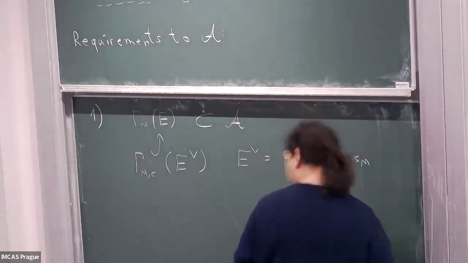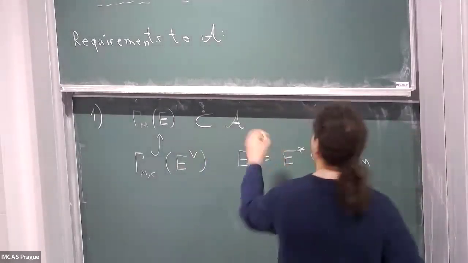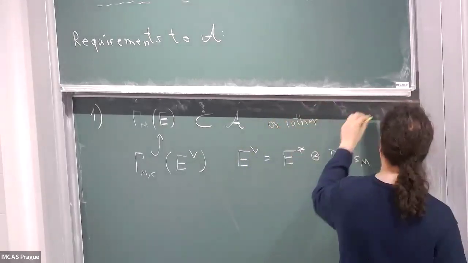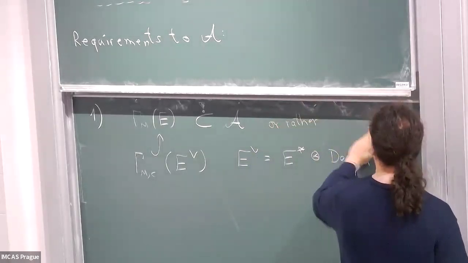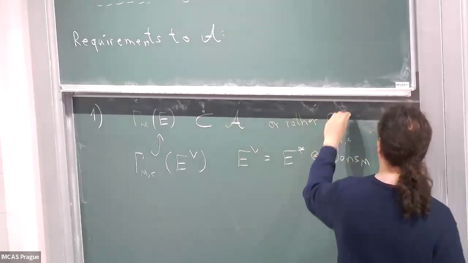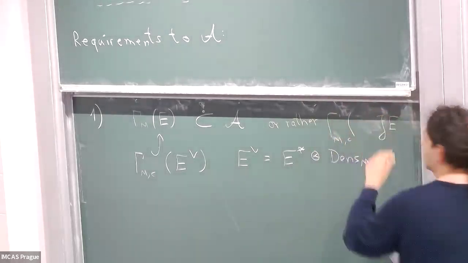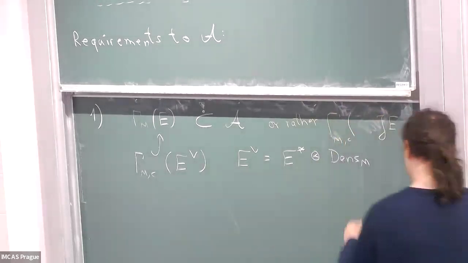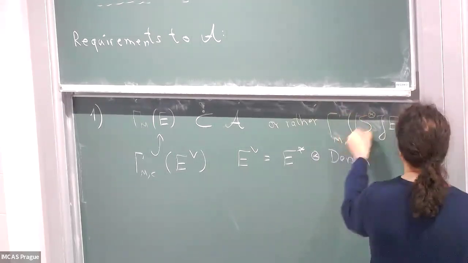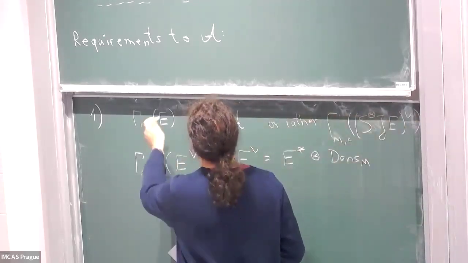So maybe I'll use a color for that because we won't really use it today, but it can be done. Rather, we would take the sections with compact support of, and now we take jets of E, so Taylor expansions. And then we allow the symmetric algebra to have polynomial expressions. And then we would take the dual of that, and that's still something we can integrate against any element of Q.